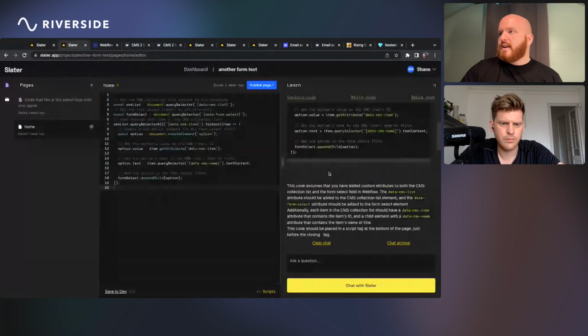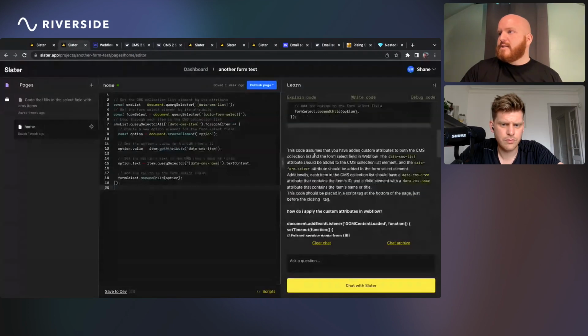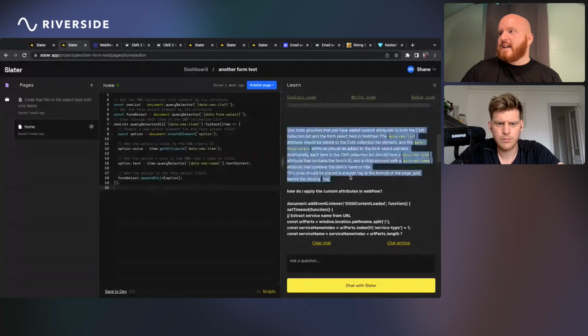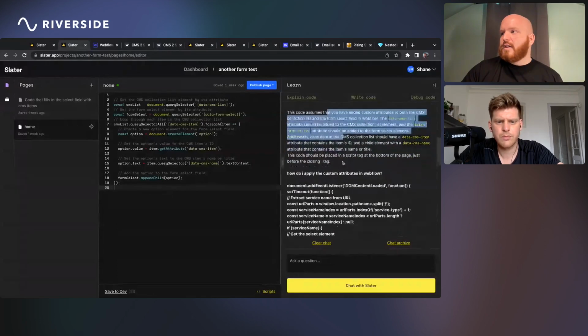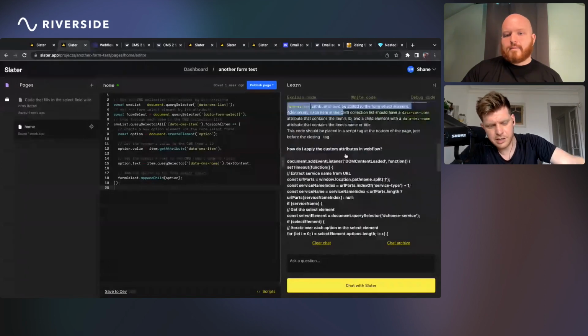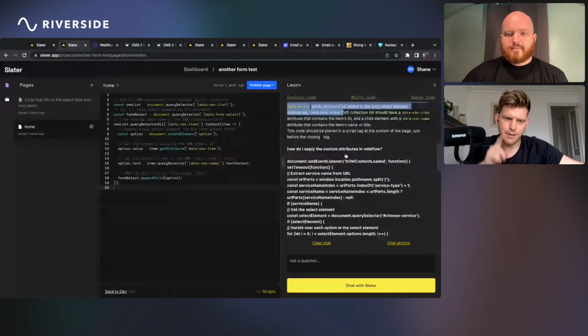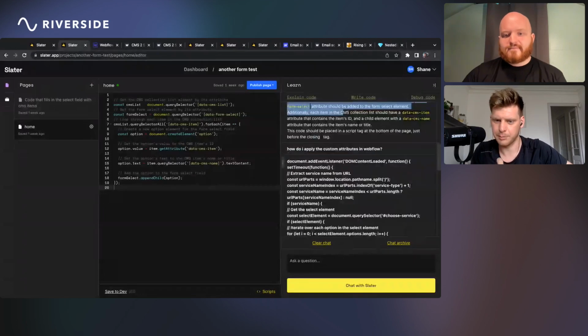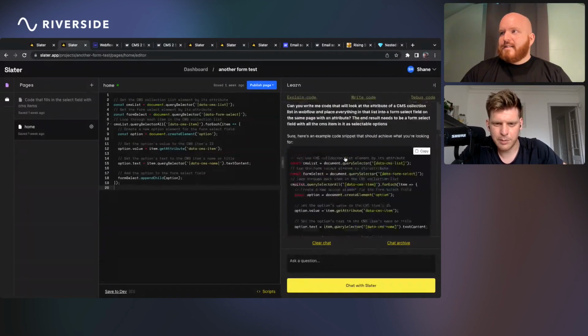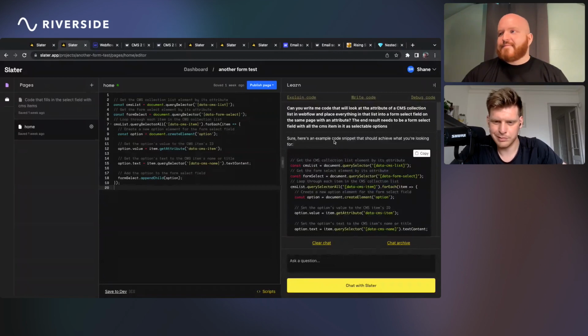So let's kind of work our way down here, which is great. Slater just tells you how to implement these. And if it doesn't give it clearly enough, just reprompt it, and it's really good. When you're reprompting, can I just ask you about that? Because I think the prompts are one of the biggest pieces of this puzzle for you to actually get the code you want. There seems to be a bit of an art form to asking prompts and then refining them once you've asked the initial prompt. Do you have any tips for anyone watching who's like, he's talking a lot about prompts, but how do you even know what to write if you can't code?